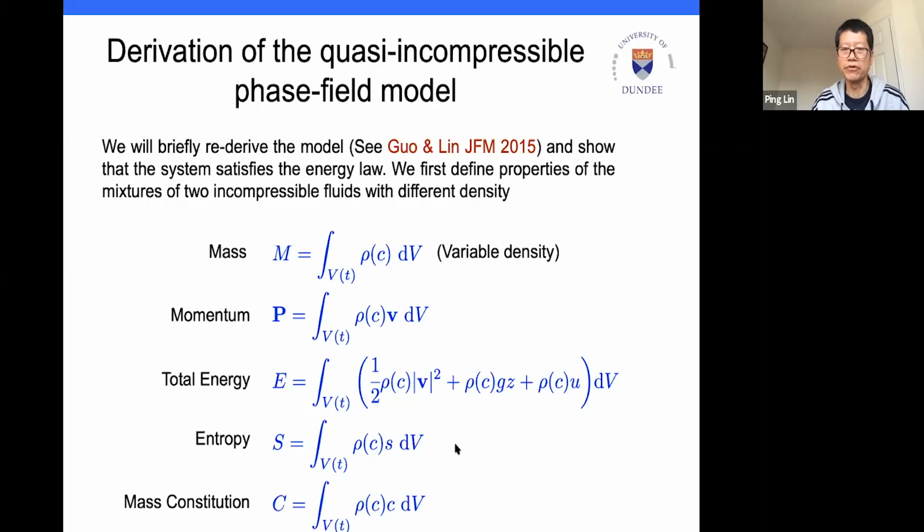And then if you consider temperature, you can define entropy, and this little s will be the entropy density. Now you need the mass of fluid one. You can write the mass of fluid one like this, because we define C as the mass fraction in fluid one. So you can define these physical quantities here, and if you consider temperature, then this little u here is the internal energy, which is associated with temperature. But we probably don't have time today to discuss this, because later we're going to discuss applications in